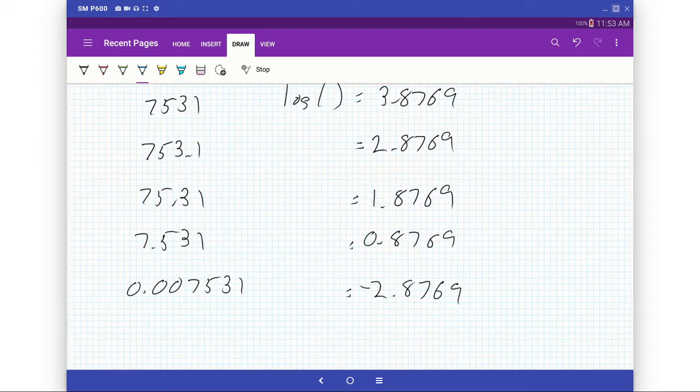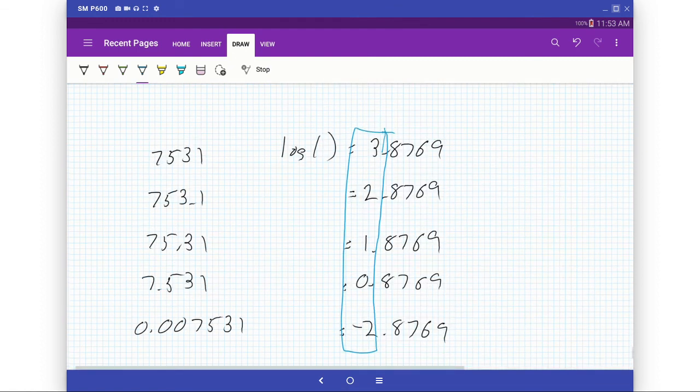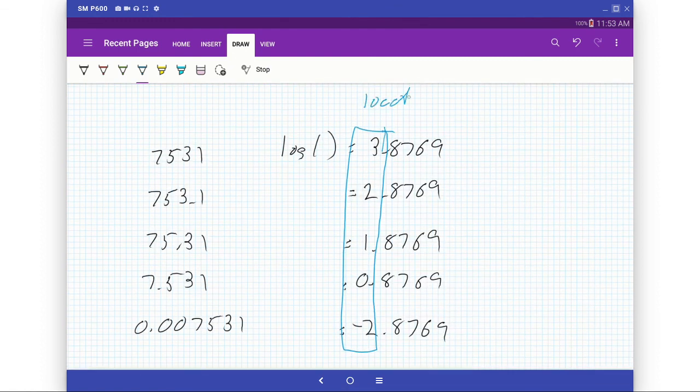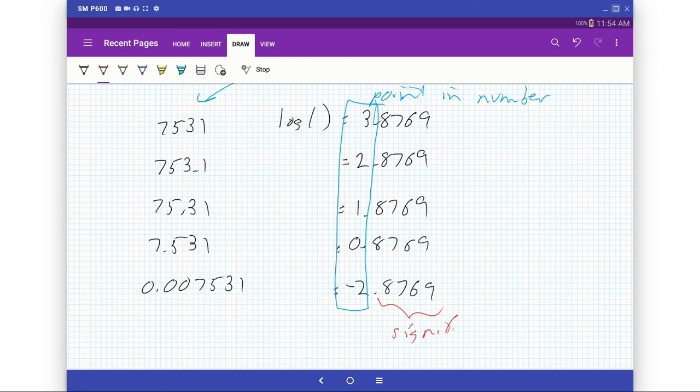That is to say that the number before the decimal point tells you the location of the decimal point in the number. Or the power to which the number would be raised if you were to put it in scientific notation. The values after the decimal point are the significant digits. They represent the actual value